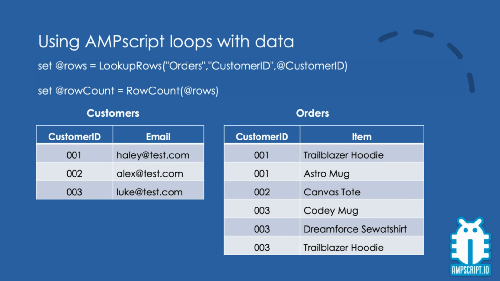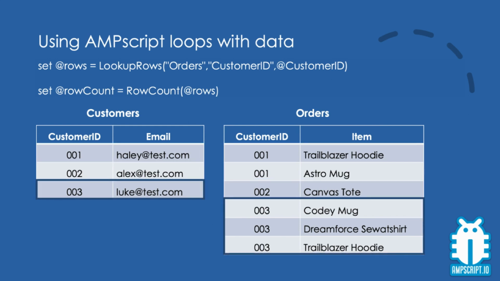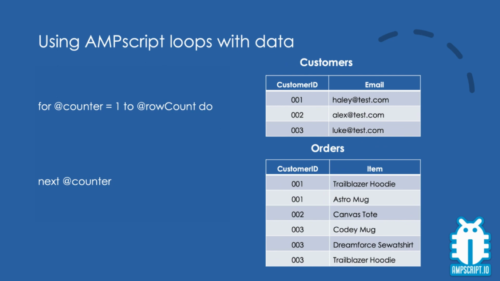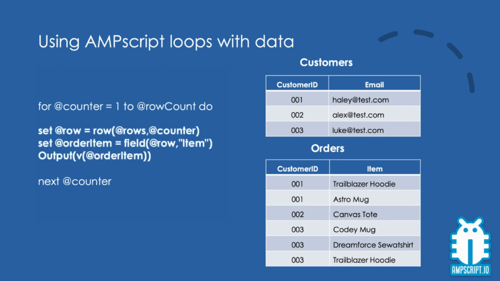In our scenario, the counter will equal 2 for the first customer, 1 for the second customer, and 3 for the third customer. The script inside the loop, in each iteration, will process data from a separate row and display it in our email. For the first customer, the script inside the loop will run twice, and in each run display each of the 2 items that the customer bought. For the second customer, the script inside the loop will run and display the data just once, because this customer bought just 1 item. And for the third customer, the script inside the loop will run 3 times, and in each run display each of the 3 items that this customer bought.